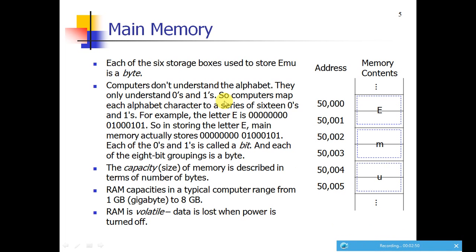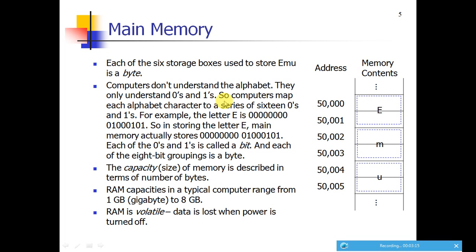In main memory, each storage box is useful to store a byte. Computer does not understand the alphabet. They only understand zeros and ones. So the computer maps each alphabet character to a series of 16 zeros and ones.